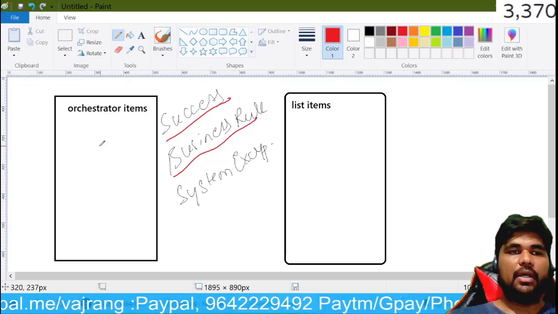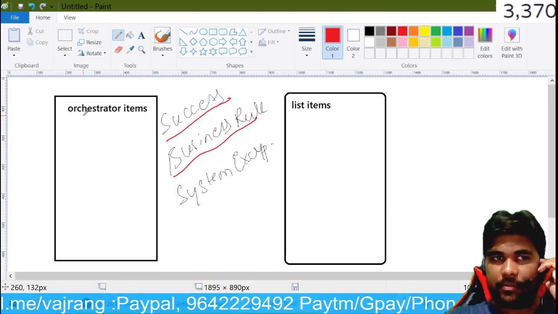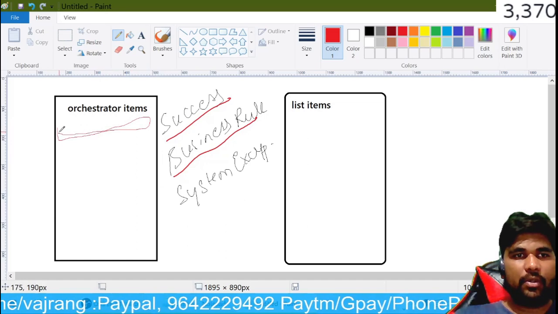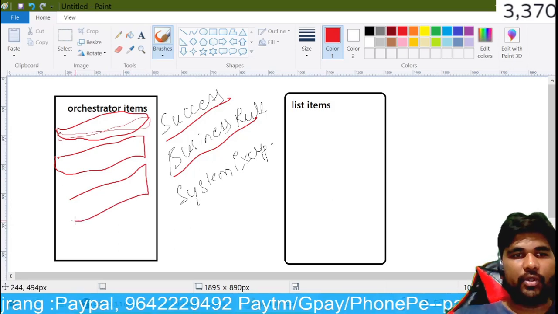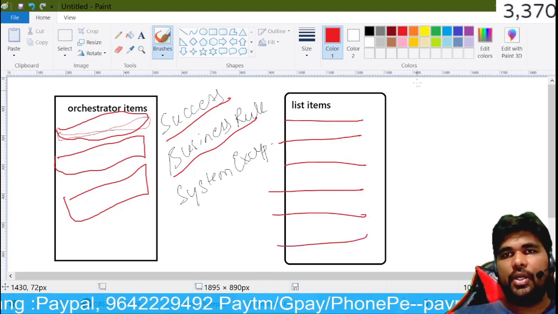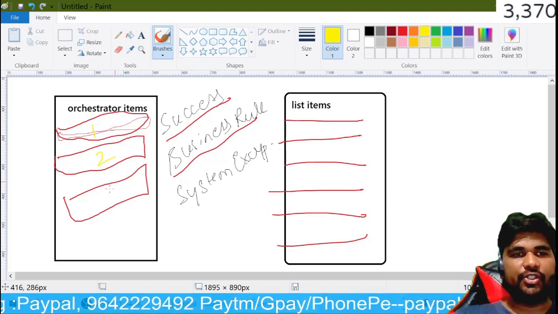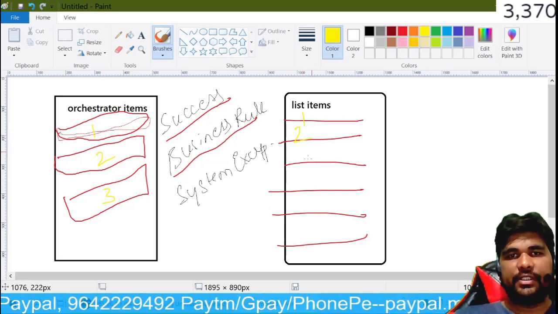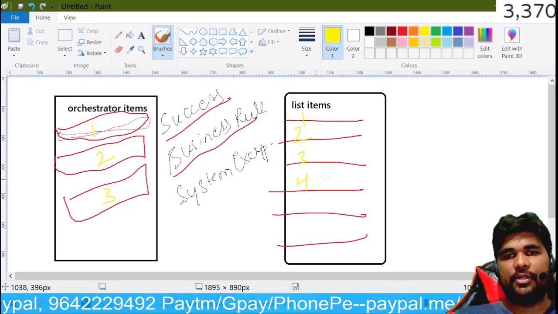Okay, so let's say that there are transactions. When we say that this is a transaction item, that's basically key value pairs. So this is also a list of transaction items, or a queue. This is one item, this is one more item, and in the list items we have a list of items. Out of this list, let's say there is one here, two here, three here. In the list items, at the 0th index we have one, the first index, the second index we have two, and so on.